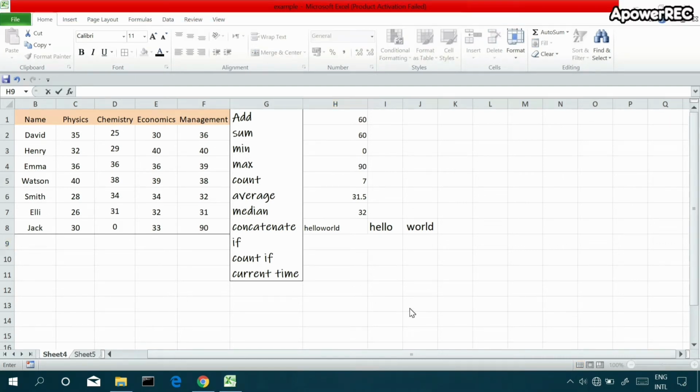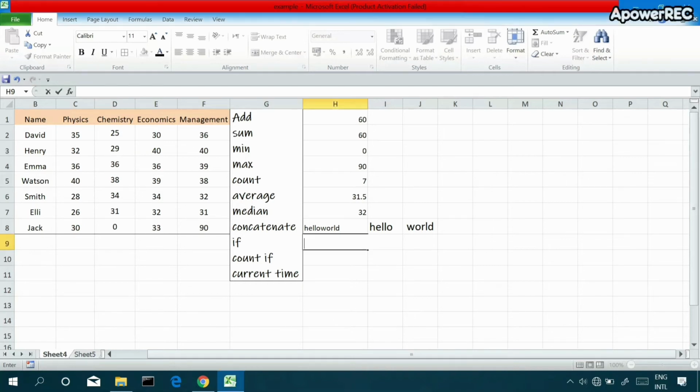If is a logical function, let's say this cell contains the value happy. I am going to give a condition here. Just press equal to if this cell contains value which is equal to happy.